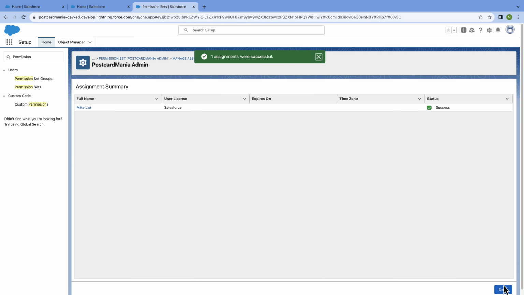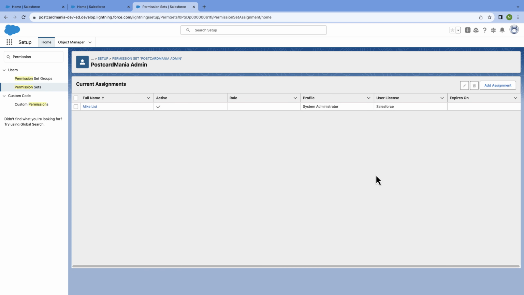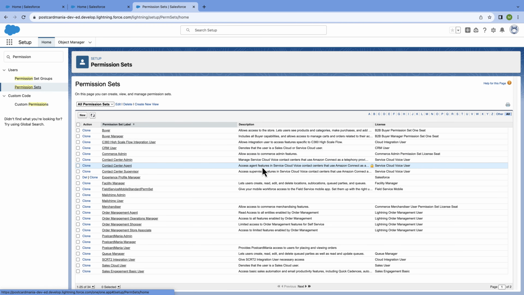This will take you to a summary page. As you can see, that was a success. So I'll click Done, which means I've completed my admin permissions assignment. So I'll go back to permission sets and you'll be able to assign all of the users and managers and even maybe a few admins that you have left just by repeating this process for each user and for each